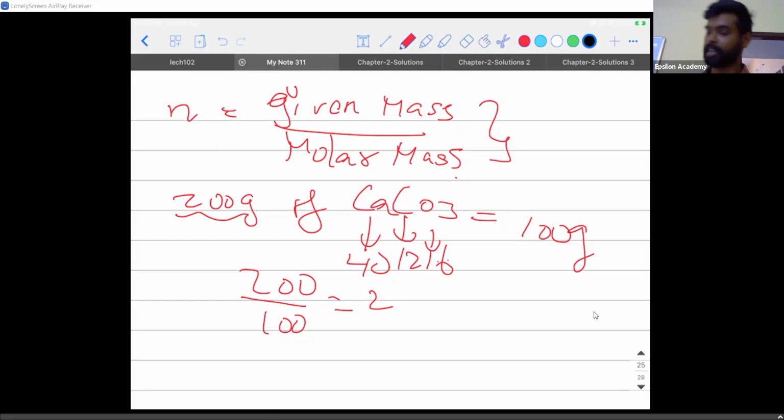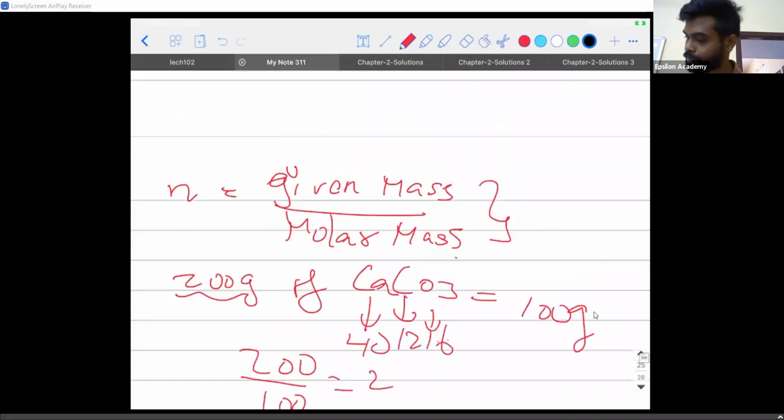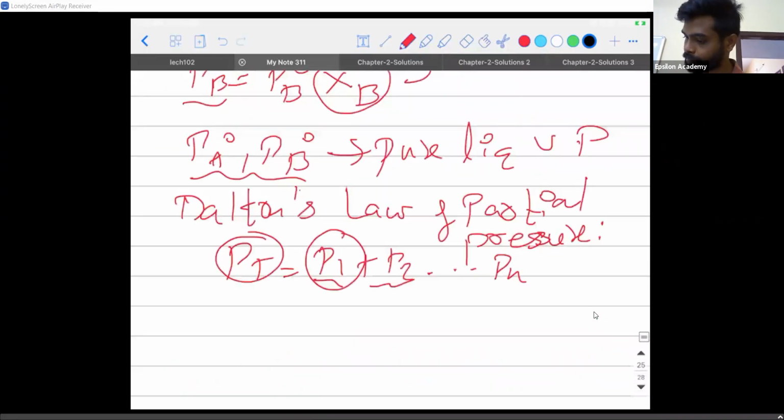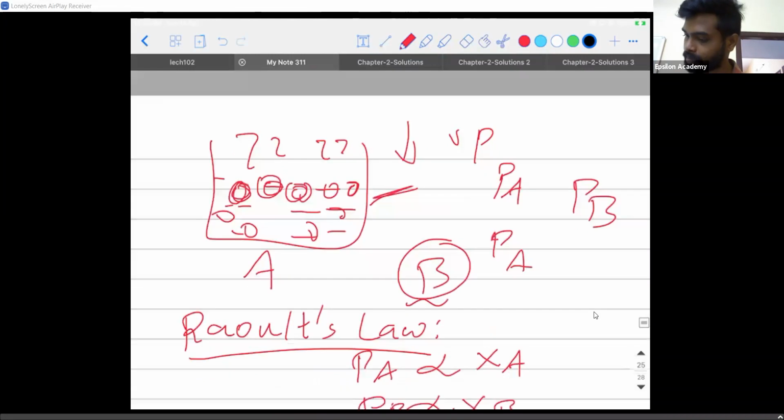Yes, correct. So we already saw this. If I can show you, you see there is a liquid. I told you that every liquid has a natural tendency to go into the vapor phase. Now, please understand, you have particles. If I take a liquid, you will have some particles on the surface, and you will have some particles in the bulk inside the liquid.